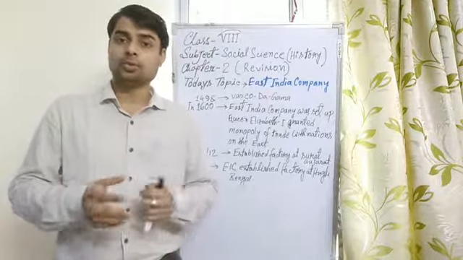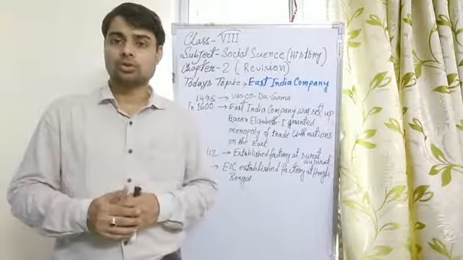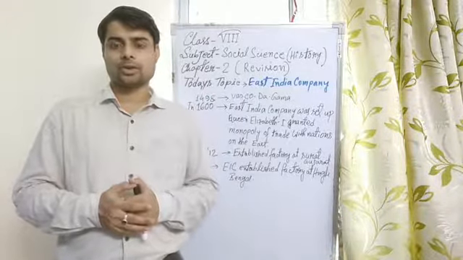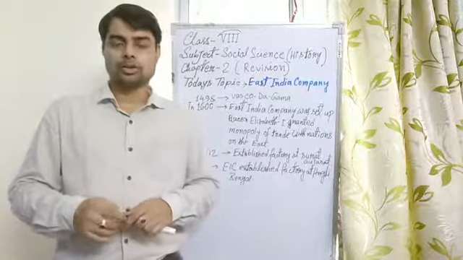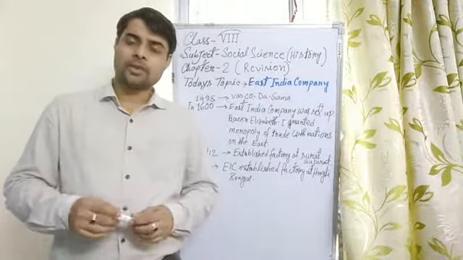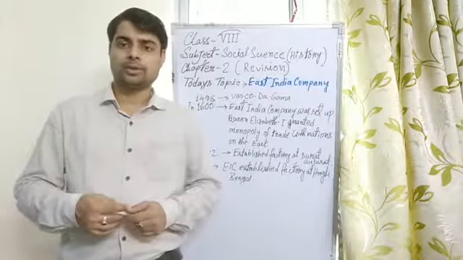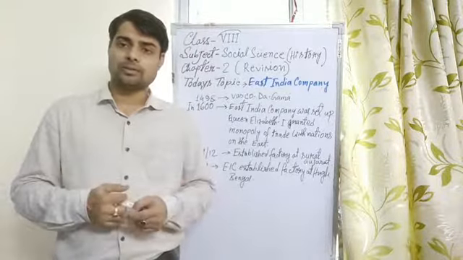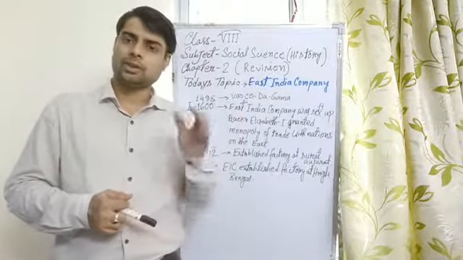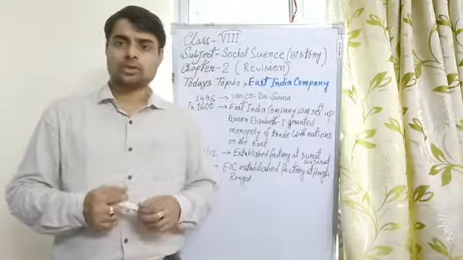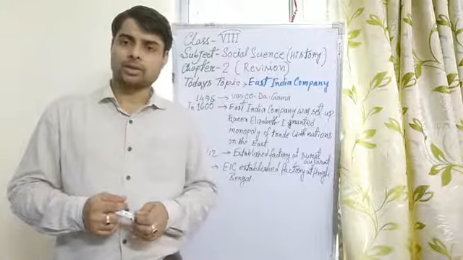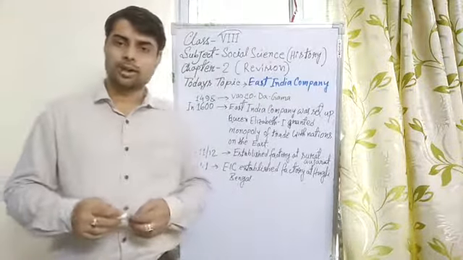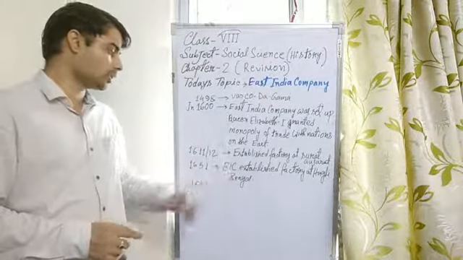accepted their proposal that if you neutralize those Portuguese from the Indian Ocean region, we will give you the right to establish a factory in India. And as a result, with the huge naval fleet of the British East India Company, at the time the Britishers had the best naval fleet, and with the help of this naval fleet, they easily defeated those Portuguese sailors and pirates, and finally they got the right to establish their first factory in Surat in